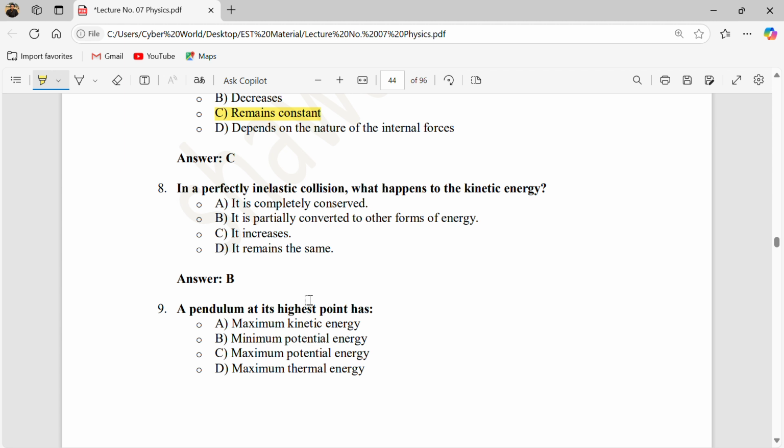in a perfectly inelastic collision. Now, inelastic collision means conservation of kinetic energy is not obeyed. What happens to the kinetic energy? Is it completely conserved? No, because this is an inelastic collision. It is partially converted to other forms of energy. Is it increased? Never, because energy can never be greater than the initial energy. Should it remain the same? No, because this is an inelastic collision. So the correct answer is B. It is partly converted into other forms of energy. Okay,